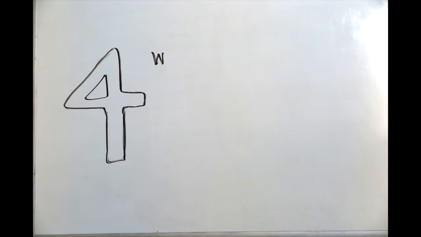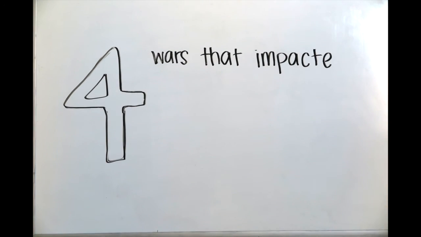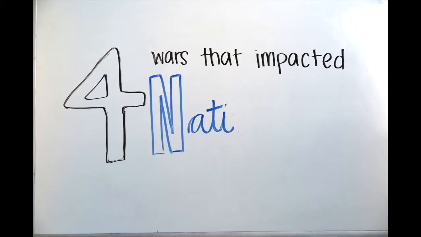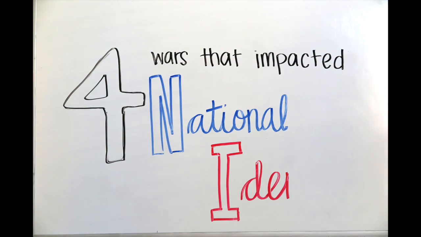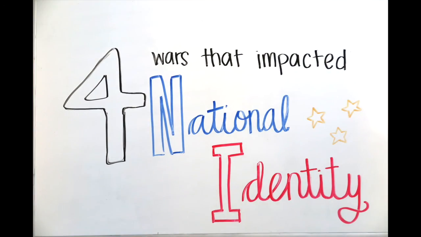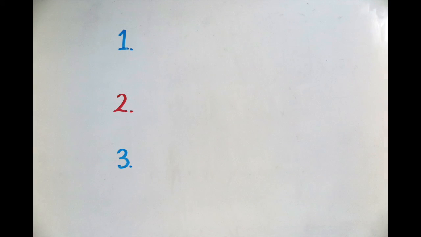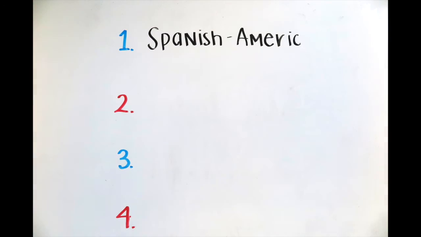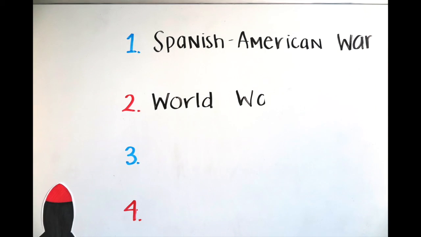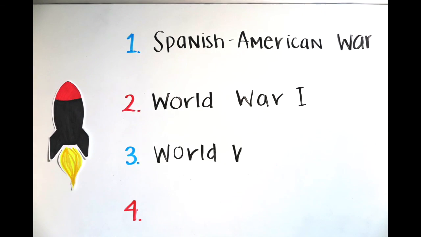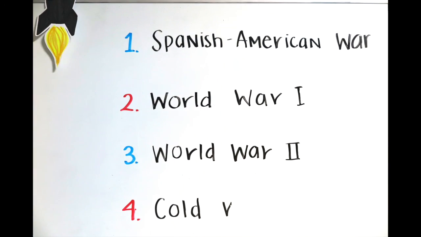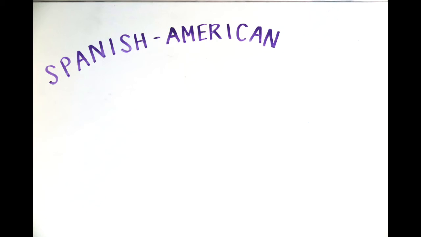During the 1990s, there were 4 international crises that heavily impacted national identity. These 4 foreign interventions would influence American values and beliefs. These 4 international conflicts were the Spanish-American War, World War I, World War II, and finally the tensions of the Cold War. The U.S. went to war with Spain in 1898 to assert their racial superiority and help liberate Cuba